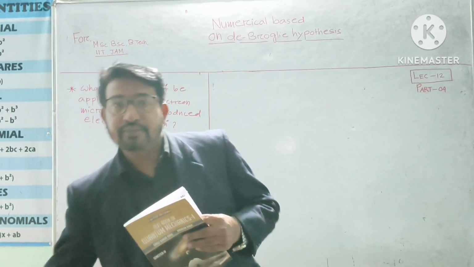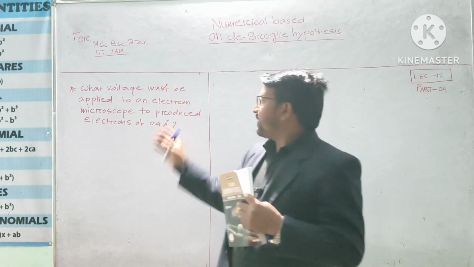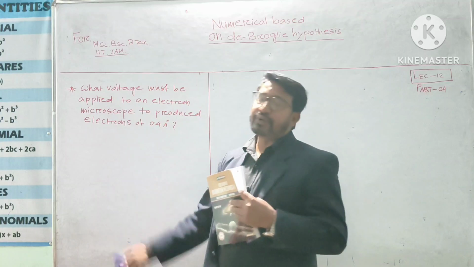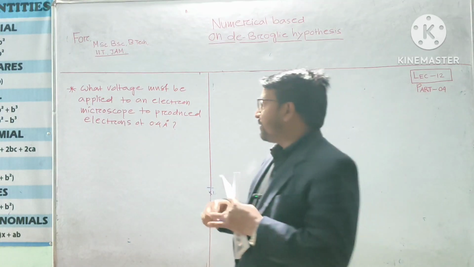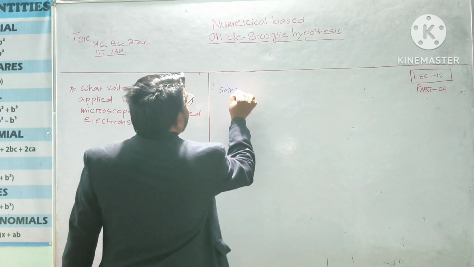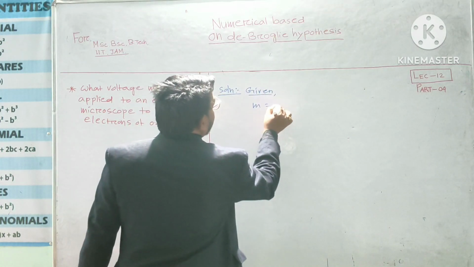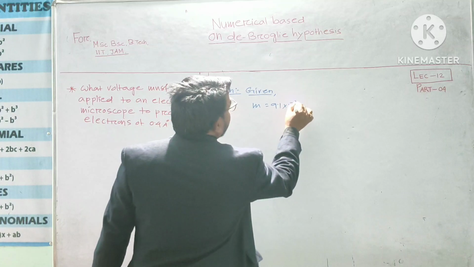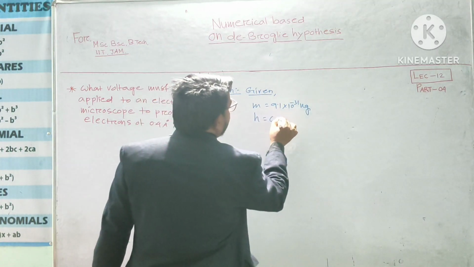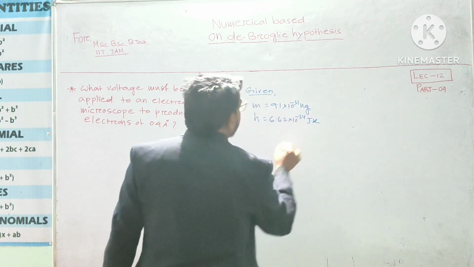Okay, our next numerical problem: what voltage must be applied to an electron microscope to produce electrons of 0.4 angstrom? Okay, so the solution of this question: the particle is an electron, so the mass of the electron is 9.1 into 10 to the power minus 31 kg, and Planck constant h equals 6.62 into 10 to the power minus 34 joule second, and